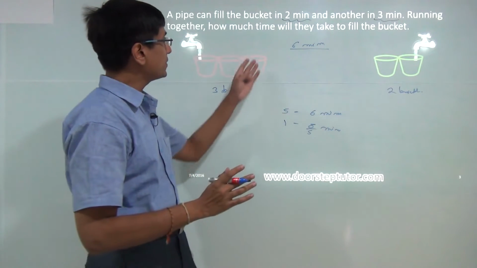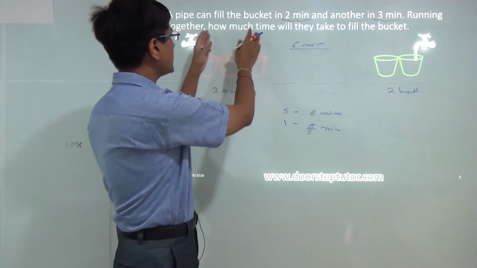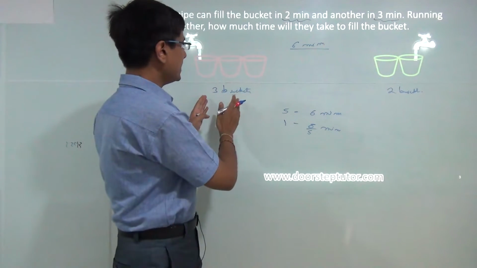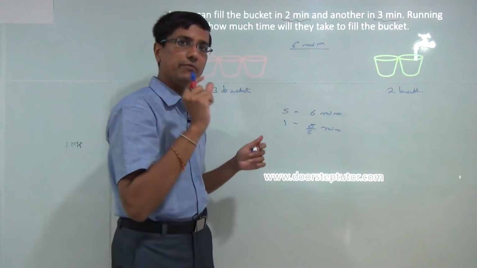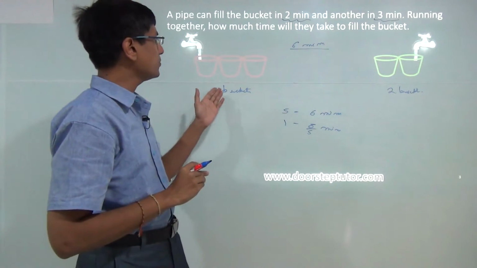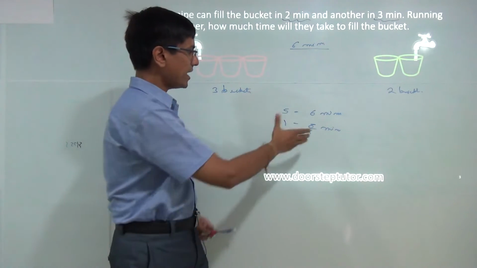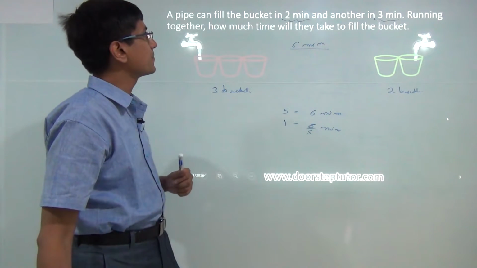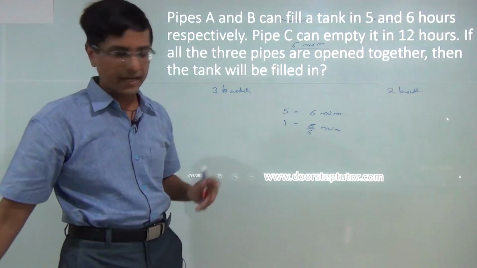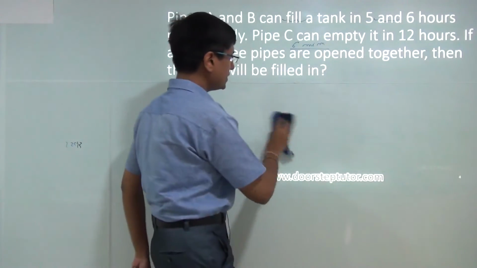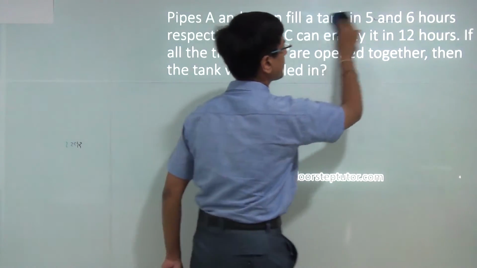Now you see that with this method, just by spending 2 to 5 seconds analyzing the problem first, we were able to solve it with very little maths. We were able to solve it with no fractions, no rates, no fractional addition, nothing, and we arrived at the answer very quickly. Let's take another example. It is very similar to the last one, but instead of just adding things, we need to subtract some things here.